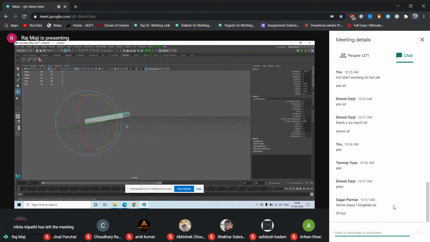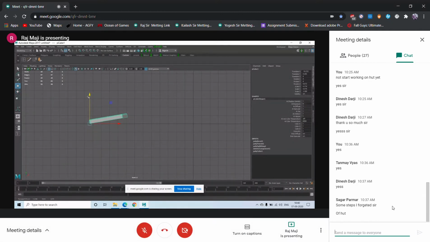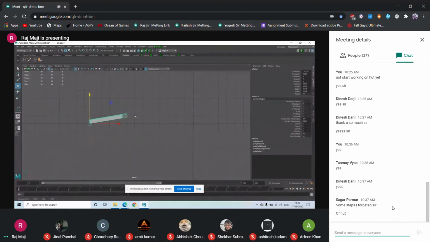So how much to rotate? Just going to the front view. Approximately this much. Duplicate, and I'm keeping it approximately over here.